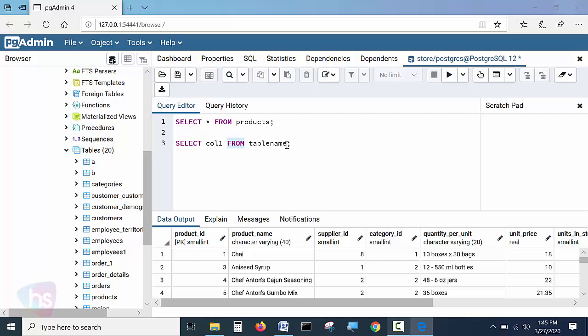And here we can also specify a WHERE clause with a condition to filter the data as per our requirement. Like, I want to get the record of purchases or sales of products on a particular date only.